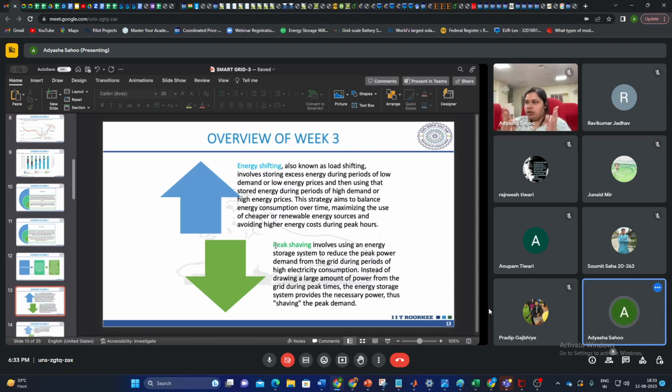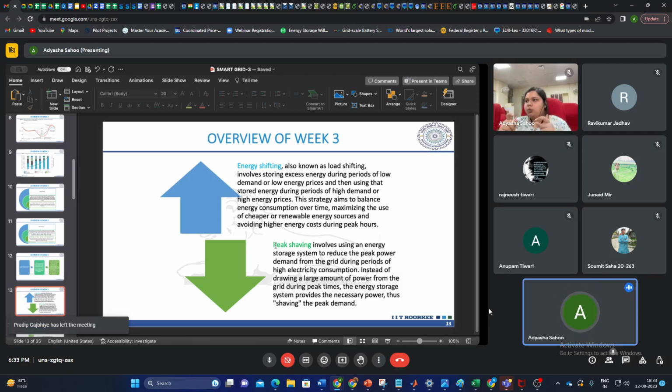We want that energy to be consumed, but we optimize in which slot we want to consume it. In a low price slot we try to store the energy, and in a high price slot we consume. So we are flexible, and over a period of time we are optimizing our decision. But in peak shaving, we know that during this time there is high load. So at that particular time we have to discharge our battery, and during low load we have to charge our batteries.